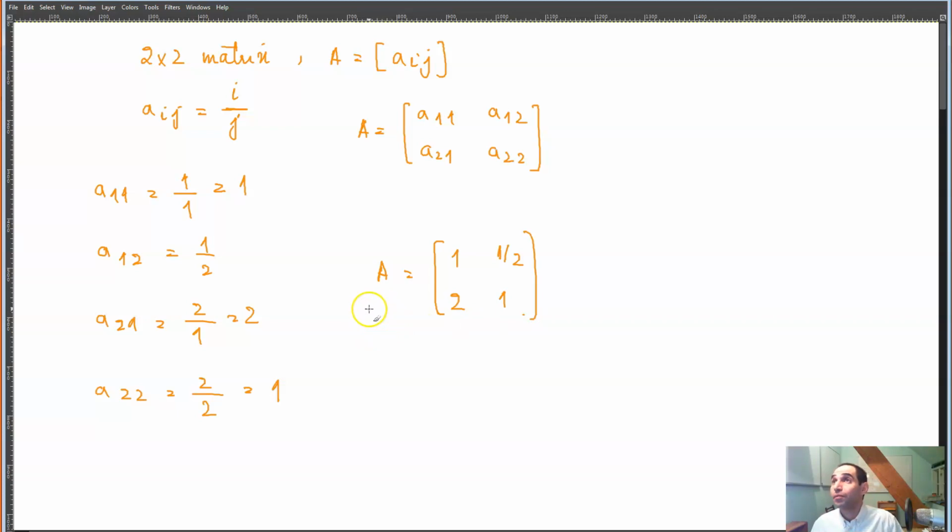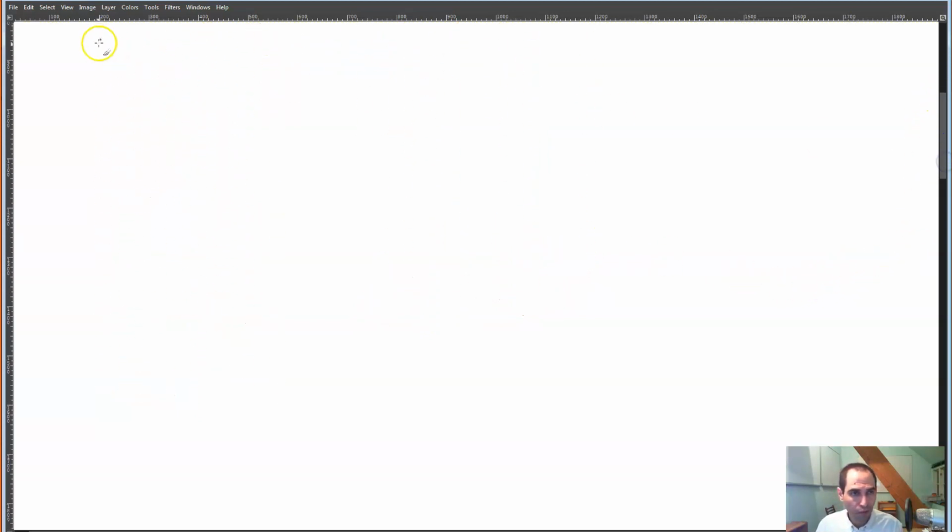So that is 1, 1 and 1 half and 2. So this is the correct answer. Again, the third part of question number 4, this is again question number 4, part 3. So you want to construct a 2 by 2 matrix,